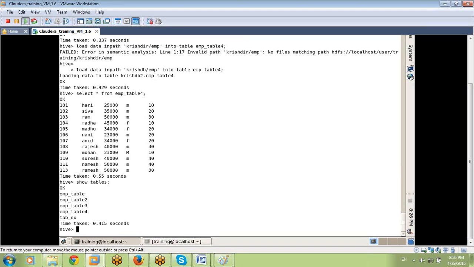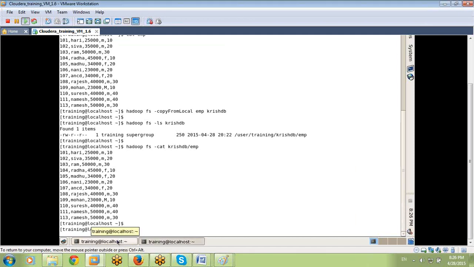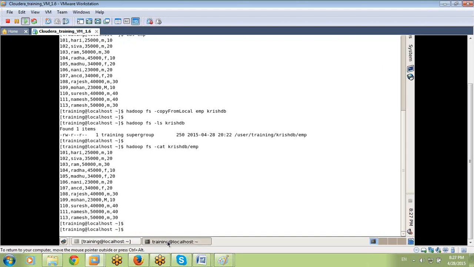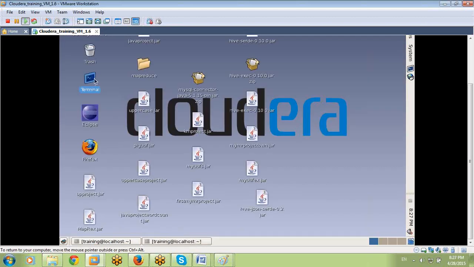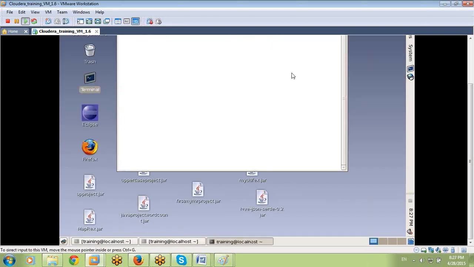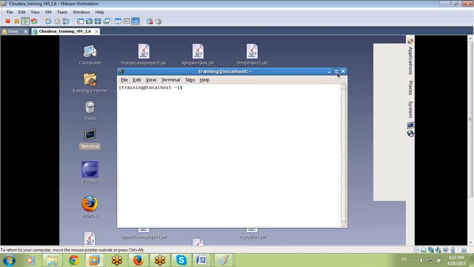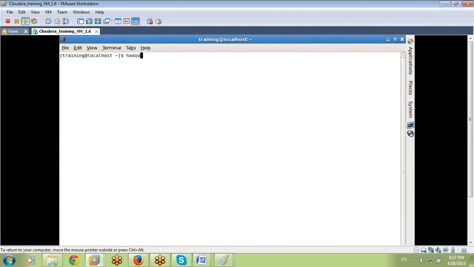But I want to see the same tables in the backend. Backend means through HDFS. Generally, if I want to run any HDFS query, how can I run? hadoop fs -ls lists out all HDFS files and directories.